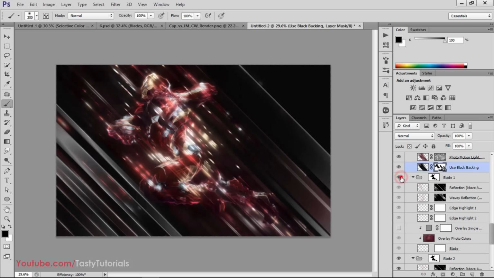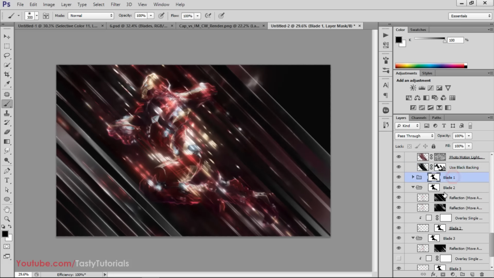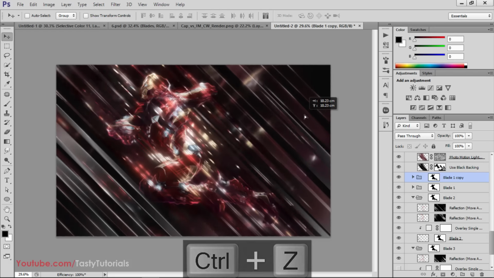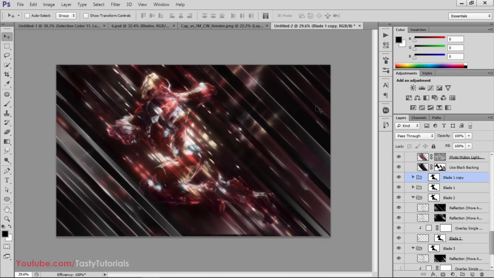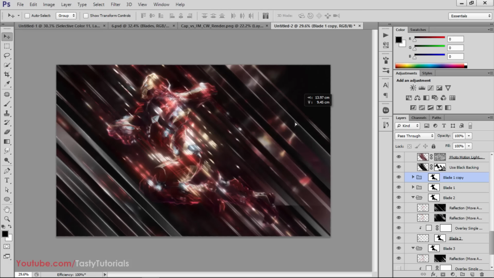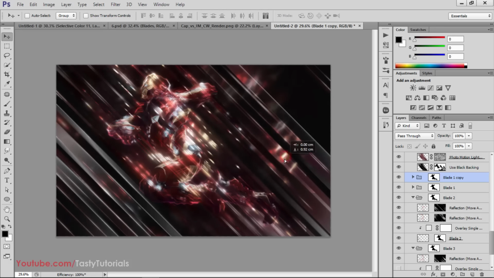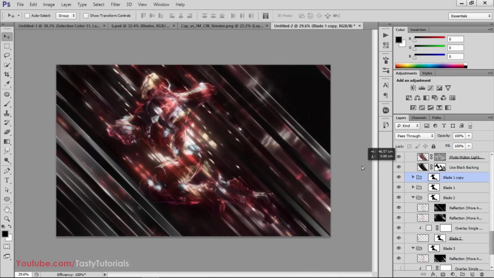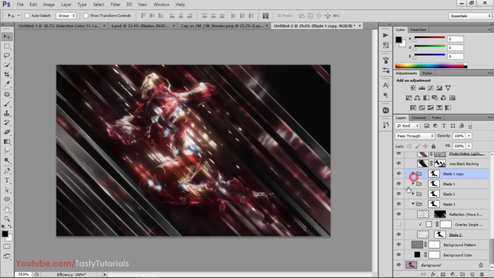So these are blades which are amazingly done. So blade 1, press Ctrl J, press V, and we'll move these blades. Oh sorry, it's only moving this mask. So we'll fill the sides of our wallpaper. I think it's much better here. Yes, here. So this is the blades 1